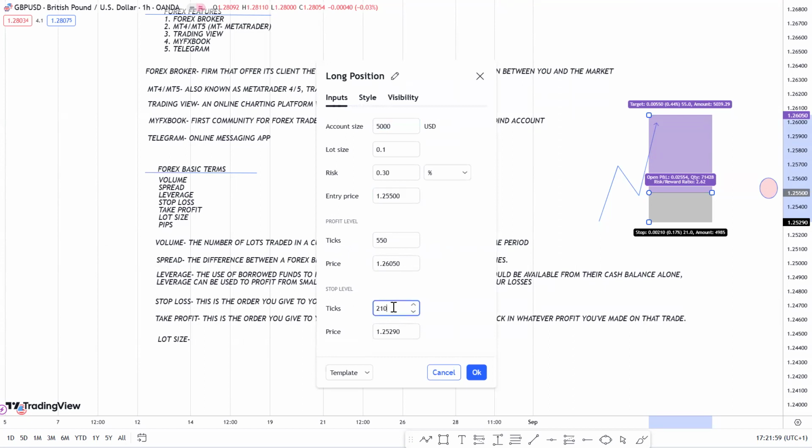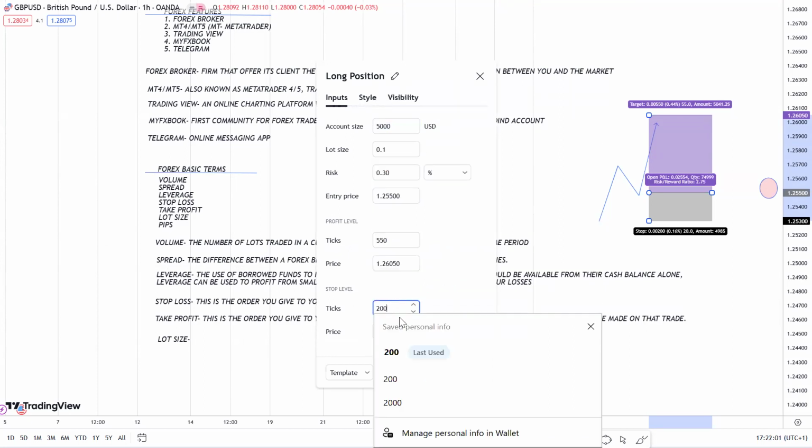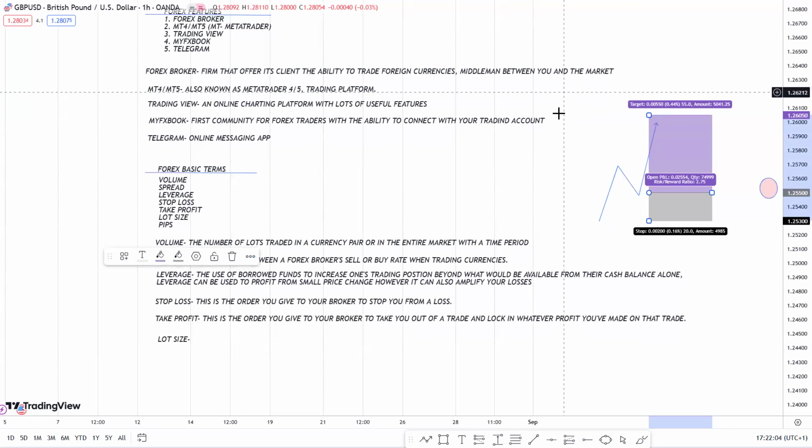1.5500, and then your stop loss is 20 pips, meaning that okay, there's 10 more minutes before this is off,